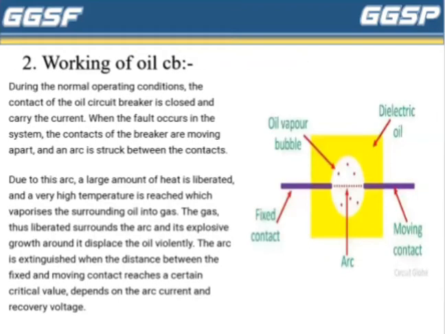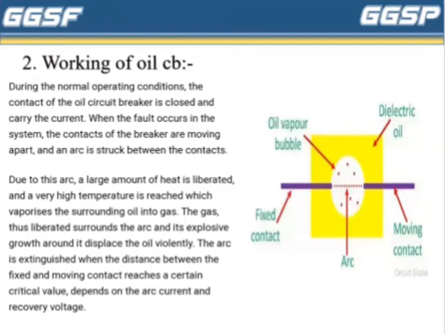Working of the oil circuit breaker. During normal operating conditions, the contacts of the oil circuit breaker are closed and carry the current. When a fault occurs in the system, the contacts of the breaker move apart and an arc is struck